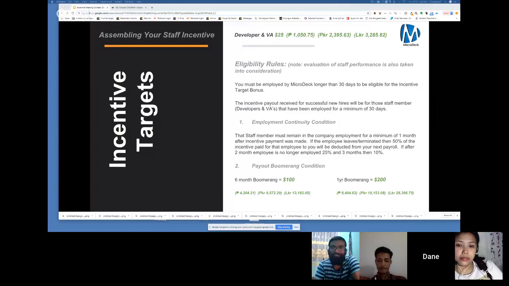Then actually we would be much more responsible with our selections, and we would be actually seeing whether this particular candidate would be someone who can be smart and who can survive for long with ourselves. Okay, but this continuity condition is related to time. 1 month, 2 months, 3 months. What am I trying to ensure here? Security of tenure in the company. I'm listening. So basically, long-term commitment.